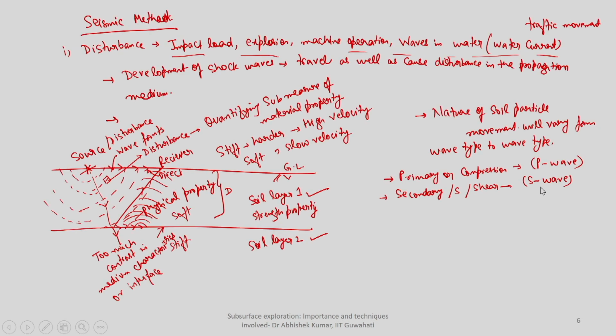So you see here, when a primary wave is passing through the medium, it is causing some kind of compression, expansion, compression, rarefaction, like compress and then it will bring it to its original position. So with respect to the second position, it will be expansion, but finally it will come to its original position. Then the second one is shear wave.